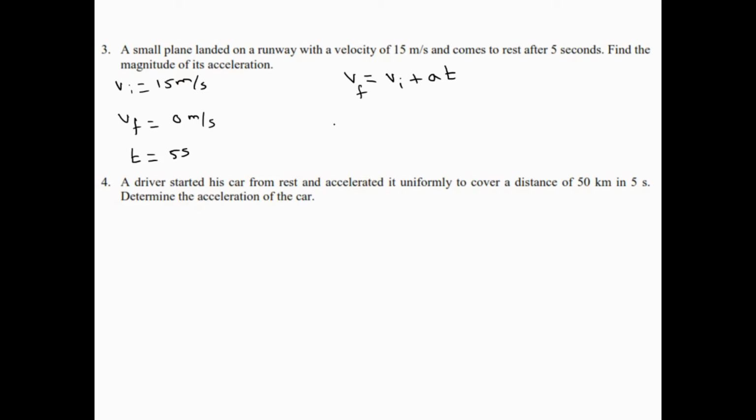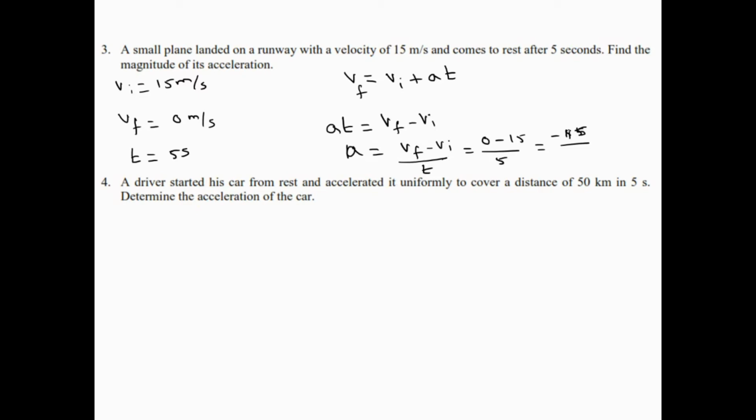So I'm going to rearrange this equation: AT is equal to V final minus V initial, moving the V initial to the left hand side. Therefore acceleration is equal to V final minus V initial divided by time. We have the value of V final as 0, V initial is 15, and the time is 5 seconds. So minus 15